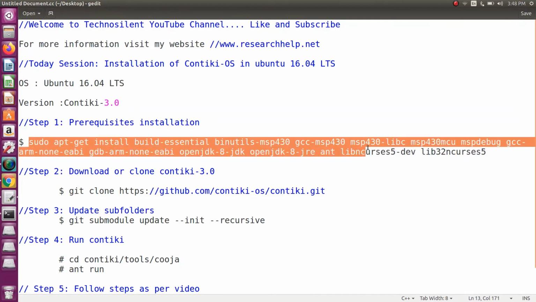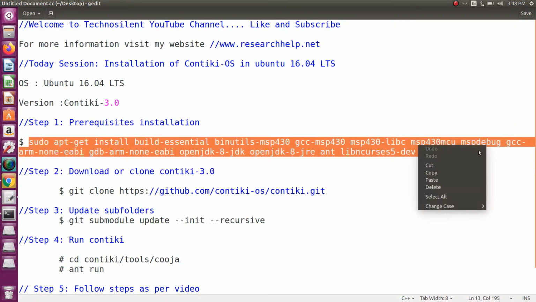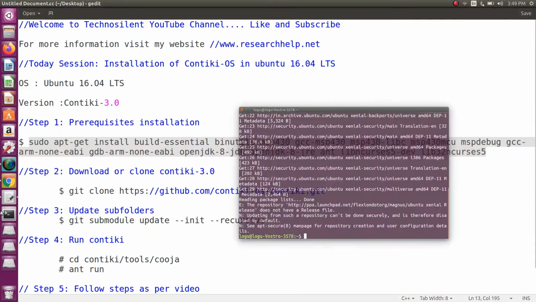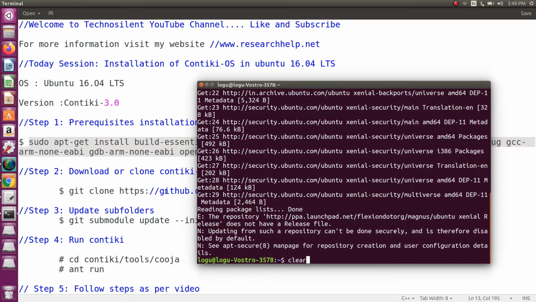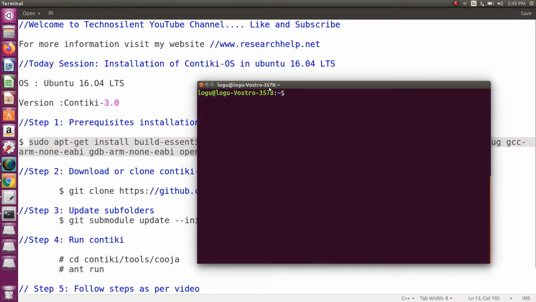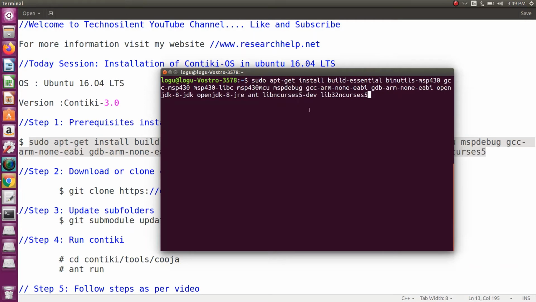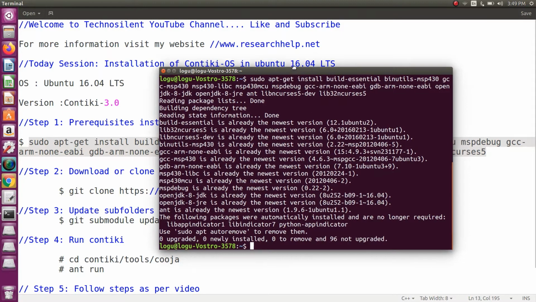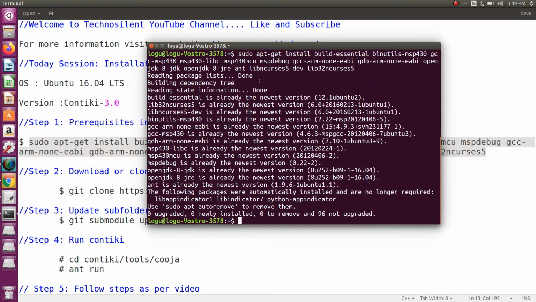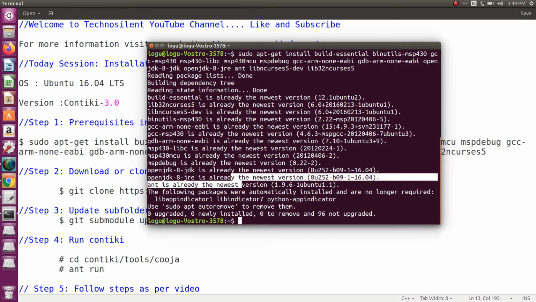Just copy this command and paste it in your terminal, then press enter. I already installed all the packages. If you want to install, you can install this way. If you want, you can try.